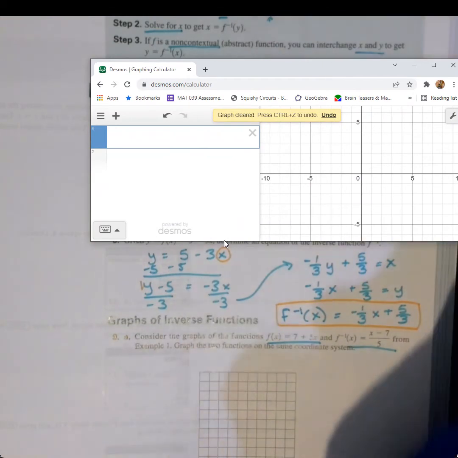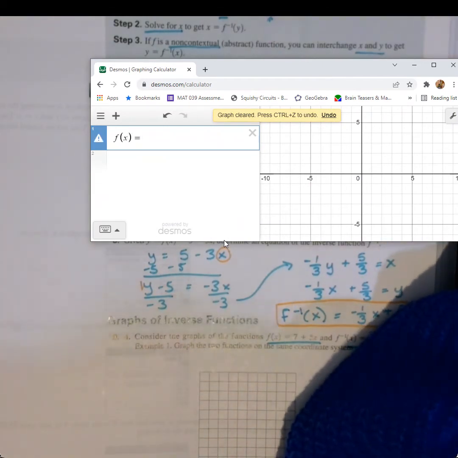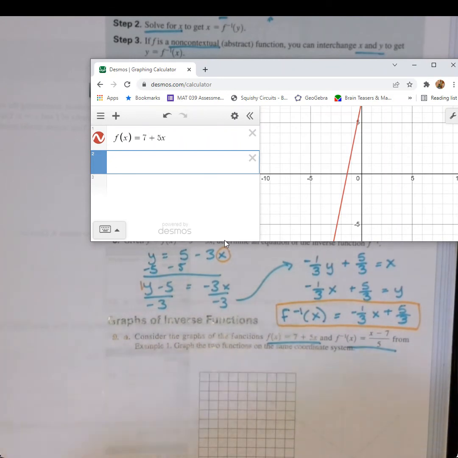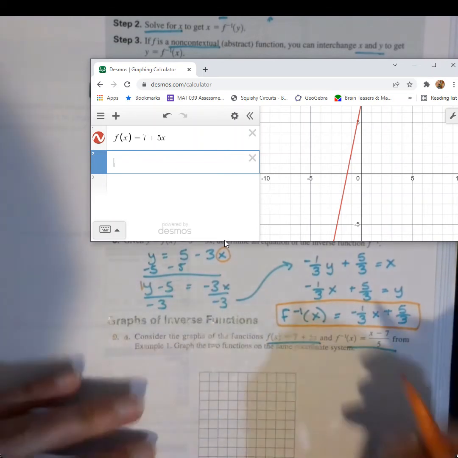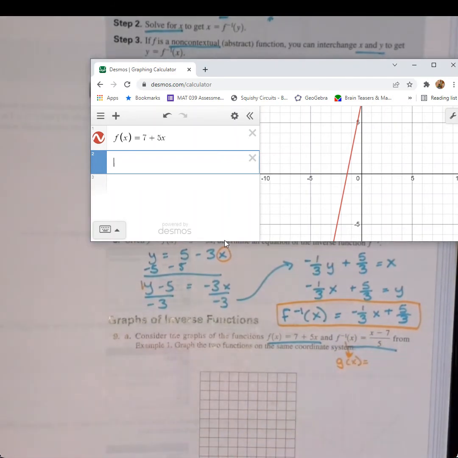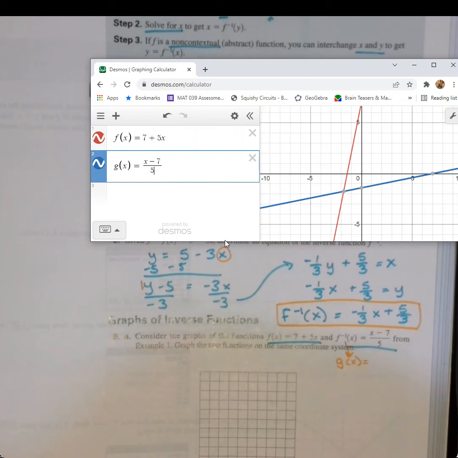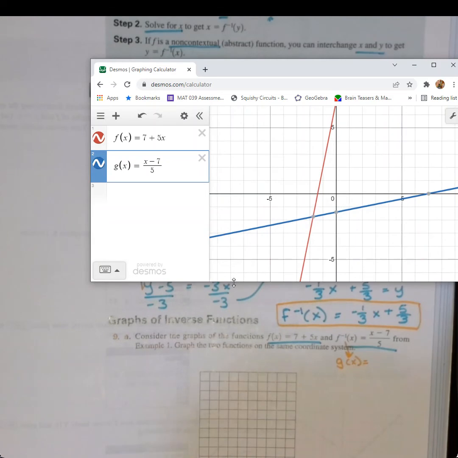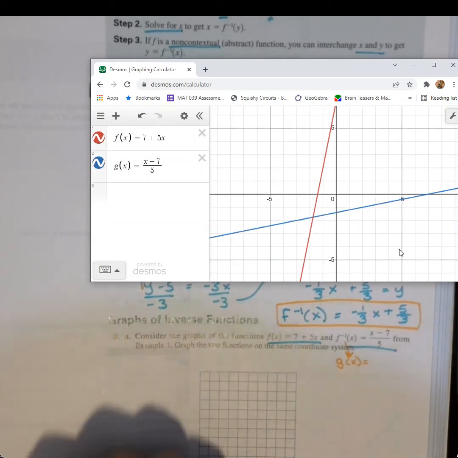Okay, and my first function is f, and it's equal to 7 plus 5x. My next function is f inverse. I can't type f inverse into Desmos because it would think that the -1 was a power. That's okay. I'm just going to call it g of x instead. When I type it into Desmos, just give it a new name. It's still the inverse, but I'm not going to use that inverse notation. So my new function is called g of x, and it's supposed to be x minus 7 over 5. All right, so we want to look at the graph part here. And that's what I see. When I get to the next page,